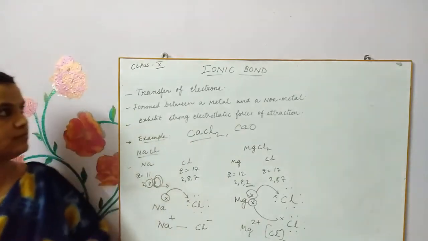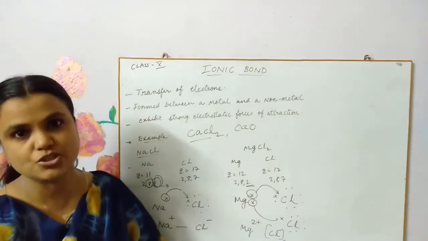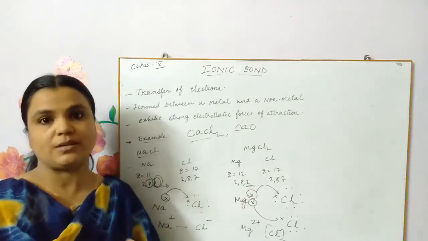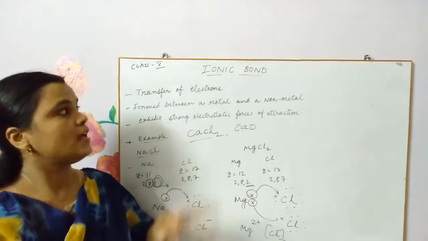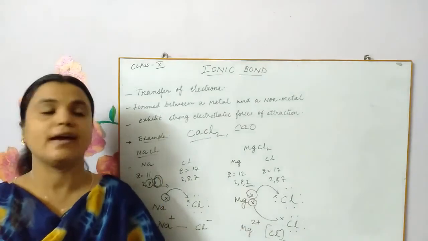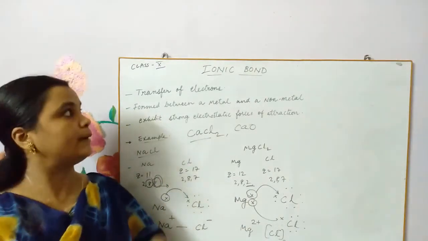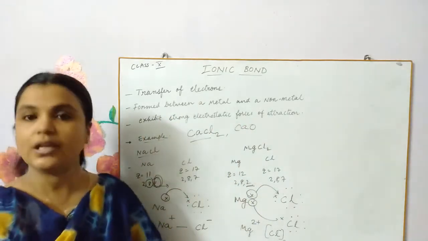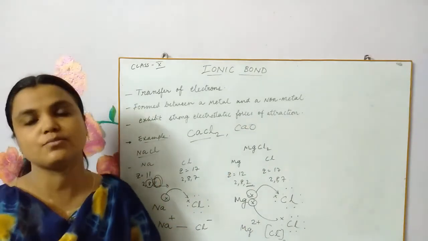Okay, this was the last topic from your lesson, children. For this year, the metallurgy topic is completely deleted from your syllabus. So till here you will have in the board examination the syllabus of chapter 3, metals and non-metals. Up to here only you will have for the examination, children. So ionic bond is the last concept to be taught in this